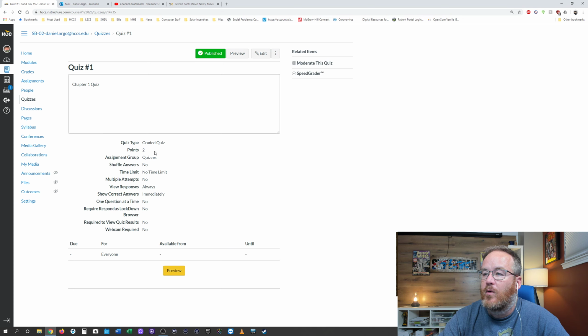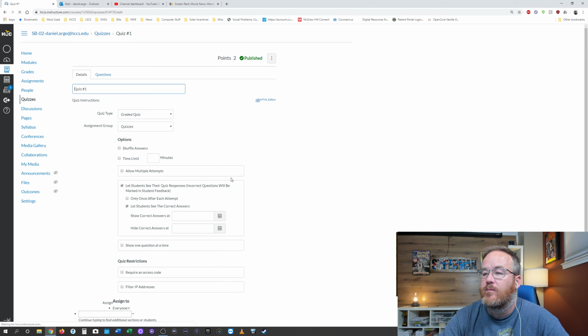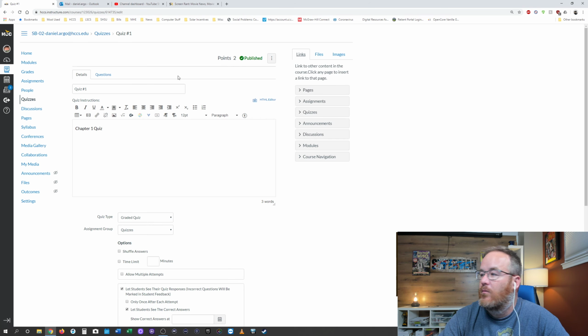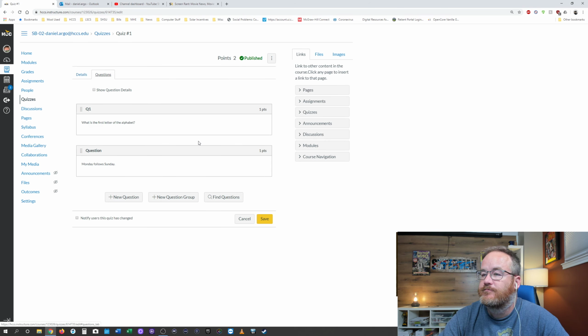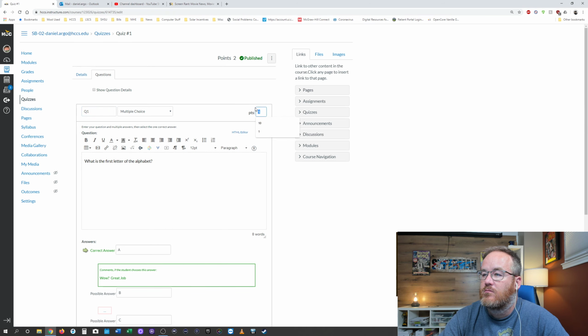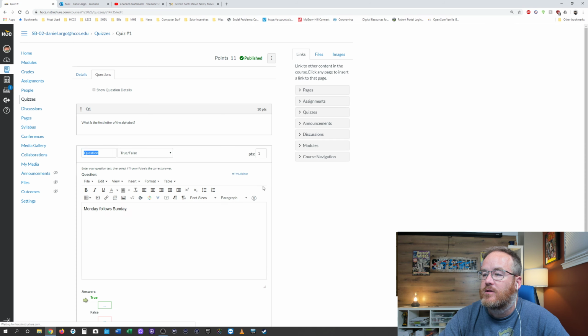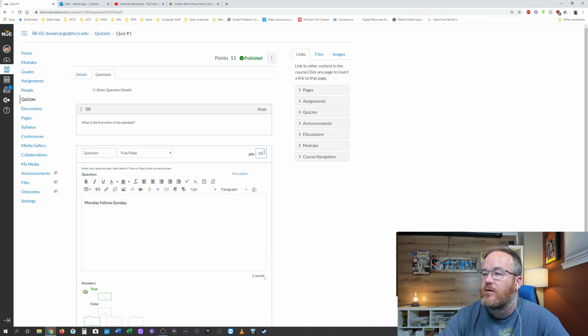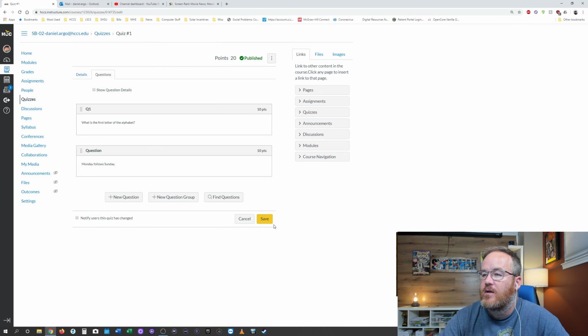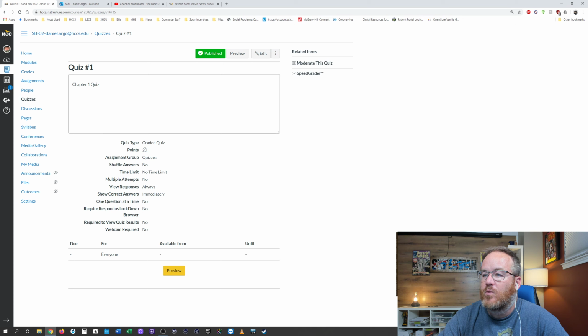We would see that this question now is worth 2 points. So say, okay, maybe we want to make this worth 20 points. We go back to our questions, and we're going to change these to 10 points apiece. We change the point value. We hit update question. Same thing for this one. Change the point value. Update question, and we hit save. And now we have a quiz worth 20 points